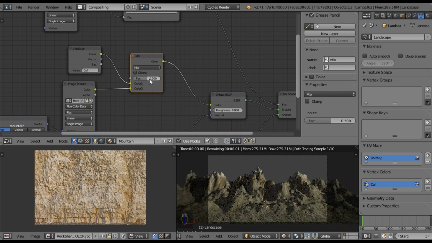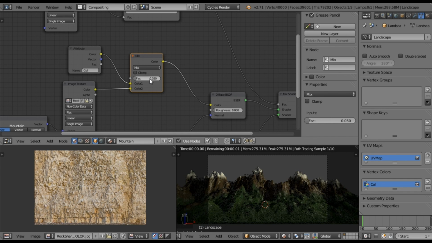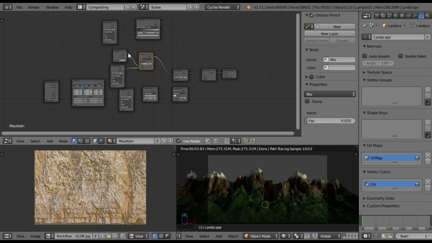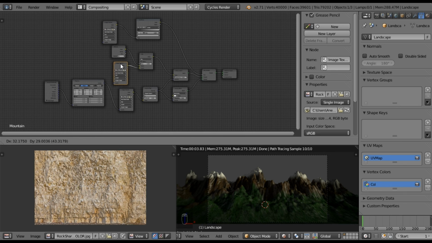Let's try like a 0.5. Whoa, not 0.5, 0.05. It's looking better. Not 0.2, 0.02. 0.02. Alright, that's looking pretty good. So, I guess we could just leave it like this and take a picture of our mountains and add a